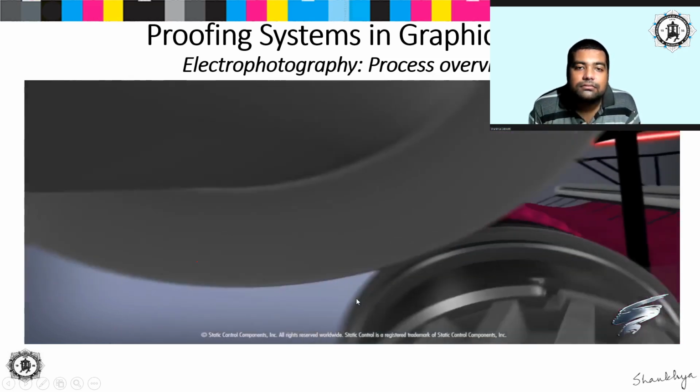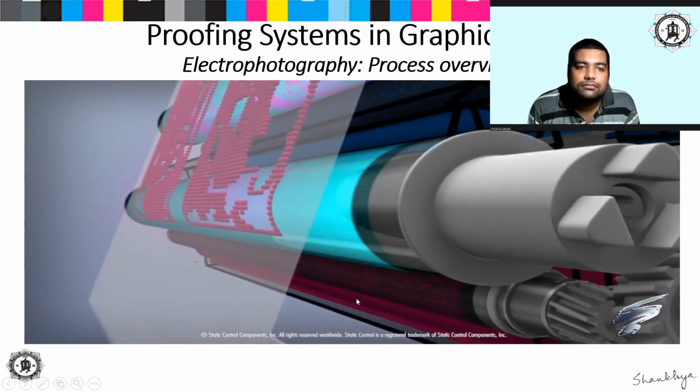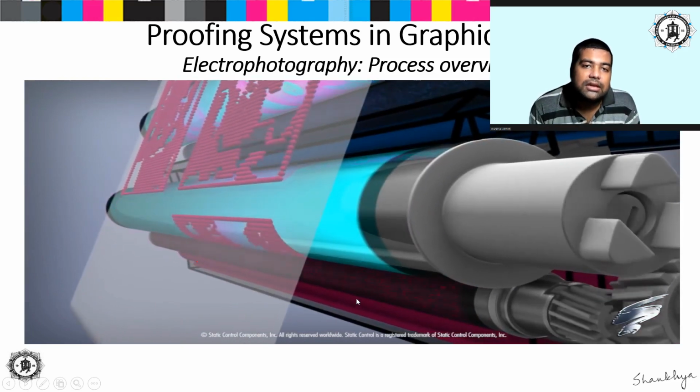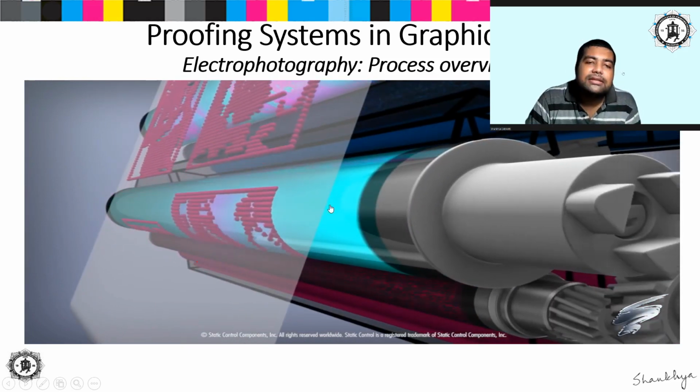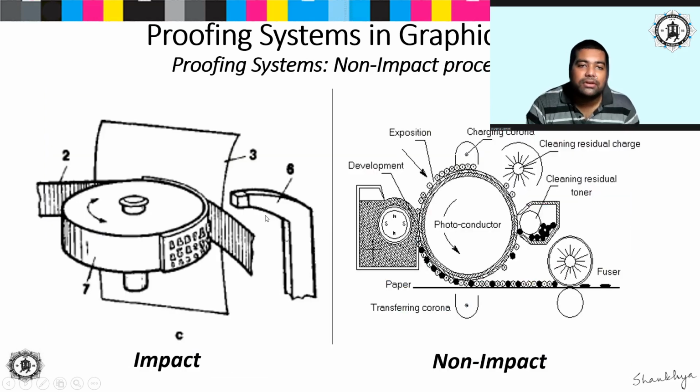The toner on the OPC drum is then transferred to the paper. So as soon as this process occurs, toner particles get attracted towards the positively charged image area of the photoconductive drum, then the paper is passed in conjunction with the photoconductive drum, and as a result of the contact between the paper and the photoconductive drum, the toner is transferred from the photoconductive drum to the paper.